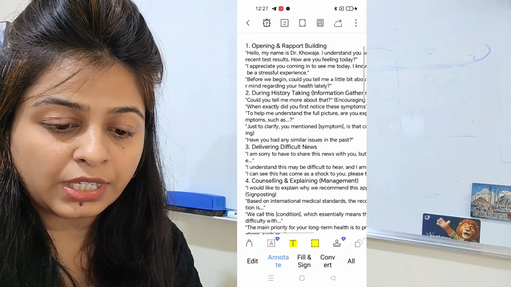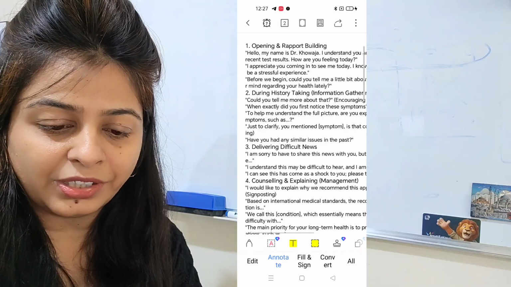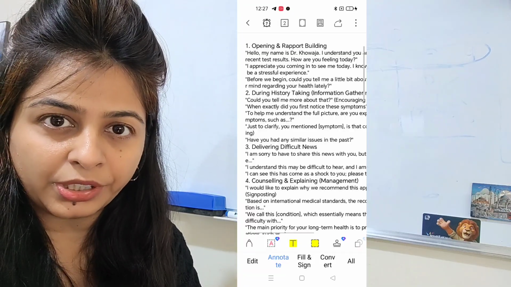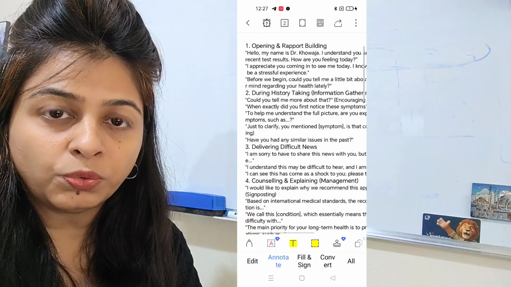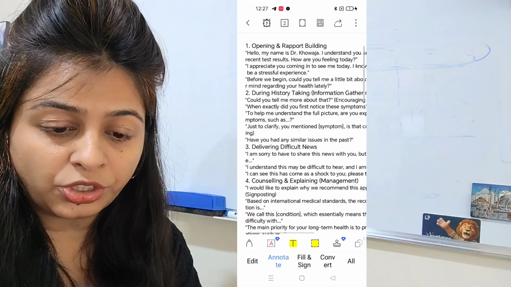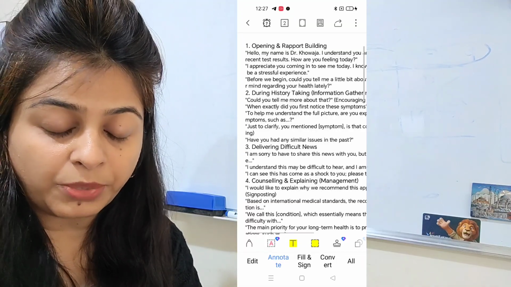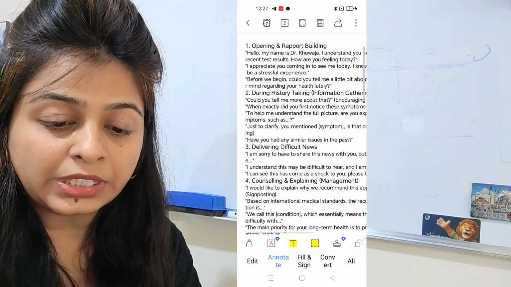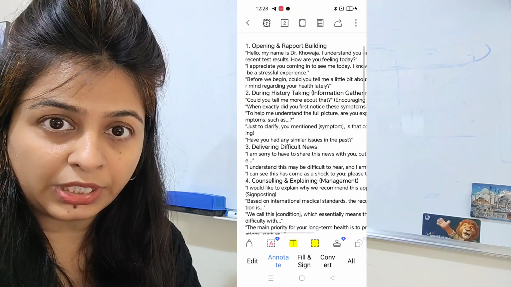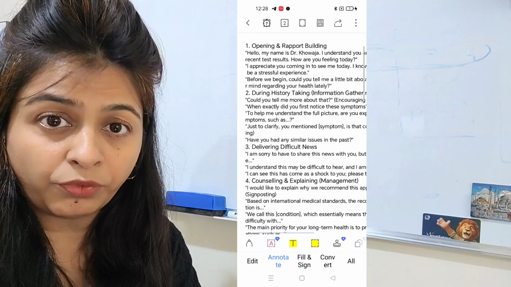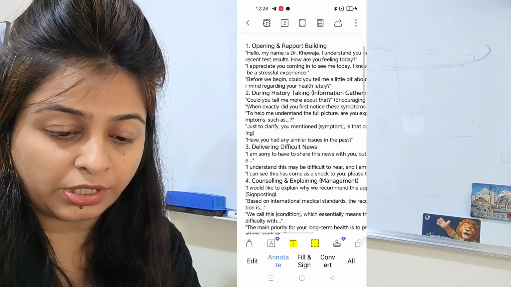But the trick is you have to practice those lines in front of a mirror daily, for good communication and for the long case OSCE exam and the OET speaking exam. These lines should be practiced by you every day in front of a mirror, so you will be fluent in your exam on the exam day.